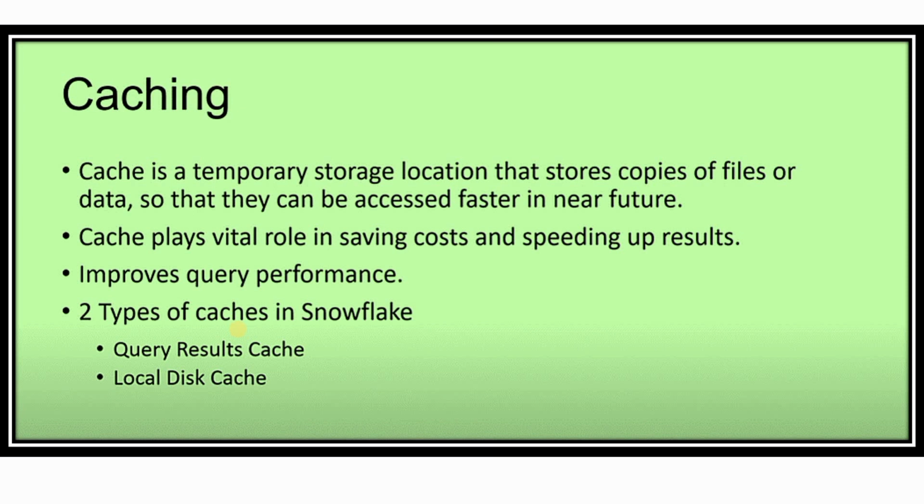Suppose you have played one song earlier, and you have saved that song to your playlist or to your favorites. Later you come back and play that same song. Whenever you come the second time and play the same music, that music will be played from the cache only. It will not go to the remote disk of Spotify or any other Gaana app. It will just use your cache memory and play the music from there, because earlier when you played the music, it stored that song in the cache. But you can't see that cache.